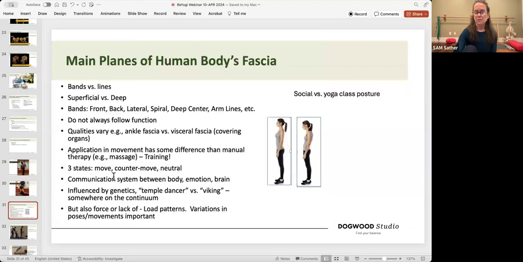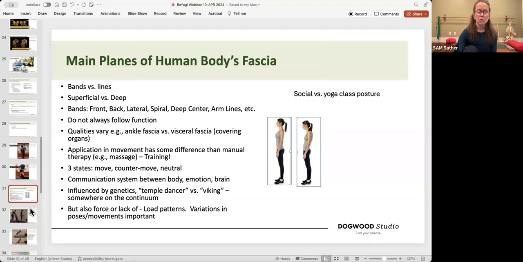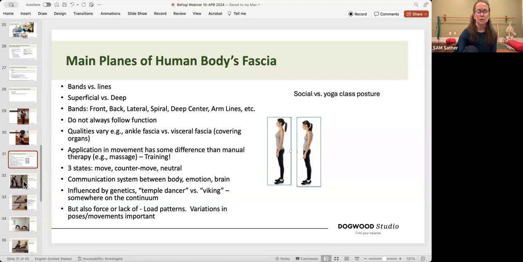They might be a temple dancer. So the other thing that I mentioned to teach functionally, absolutely, is know your bones, know your fascial differences. This individual to the right, this is the social posture she has, and over a couple of years or so, our goal would be to get them to live in their body differently, to form the fascia over time, to maybe be more this way.